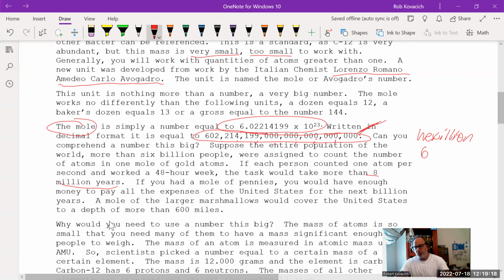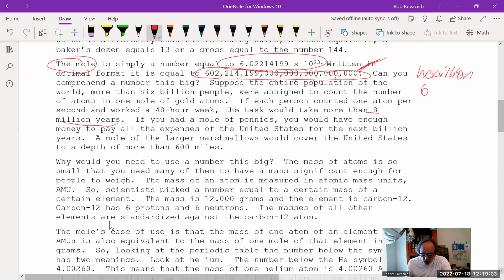So how many water molecules are in a full glass? How many water molecules are in a bathtub? How many water molecules pummel you when you're in the shower? How many molecules are in the Columbia River right now? I mean, the number is enormous. So we're not going to be counting anything. Instead, we are going to be